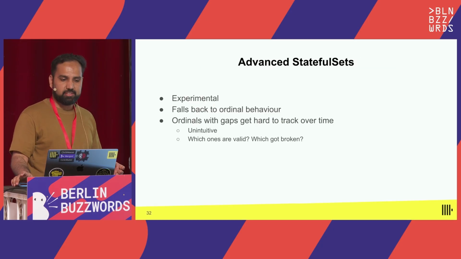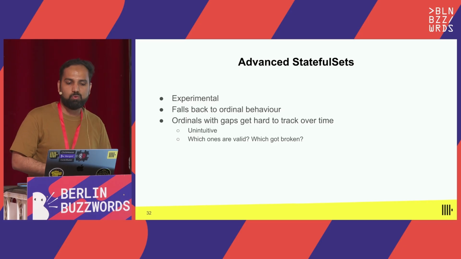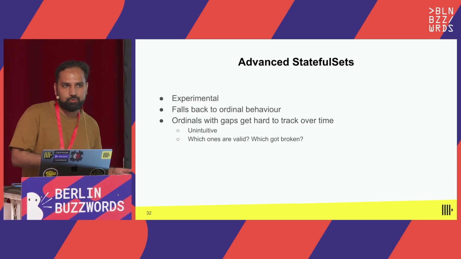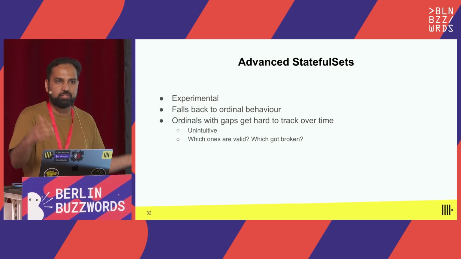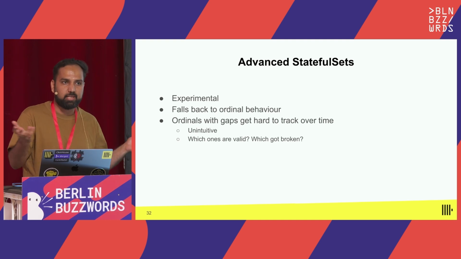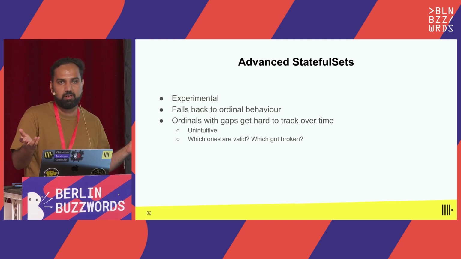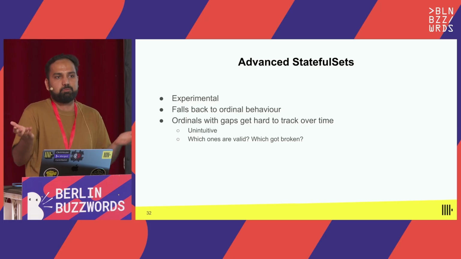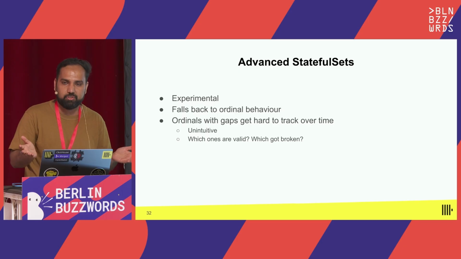With the PingCap project, the Advanced StatefulSet project, the problem was that it was quite experimental, and still it falls back to the ordinal behavior. What I did not want is, you can imagine, doing this process like 10 times a day or something, and then you end up with arbitrary numbers in your replicas, right? You have pods 41, 47, and 49. What explains those numbers? It's kind of confusing.